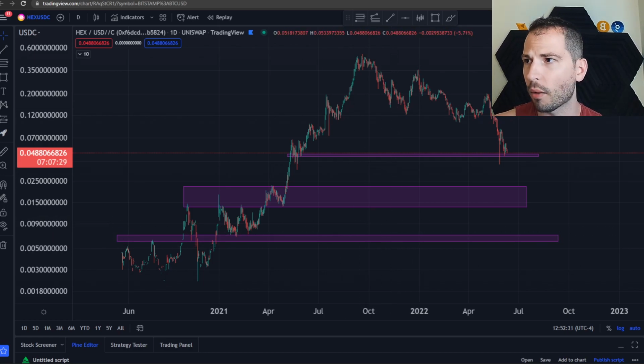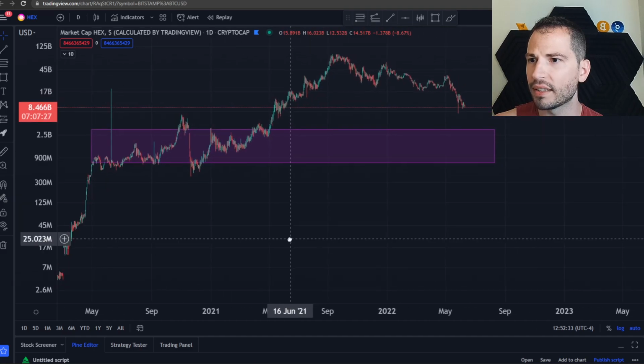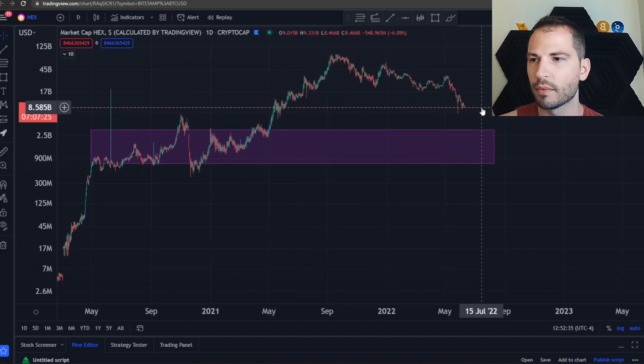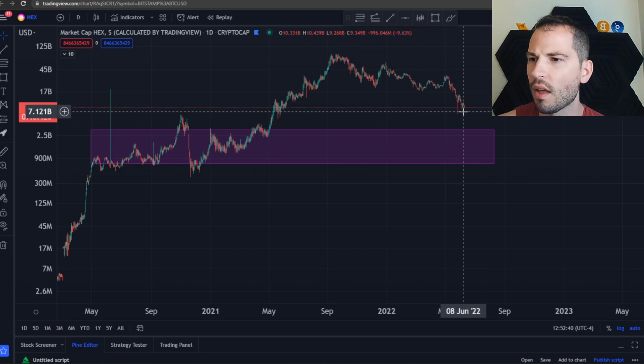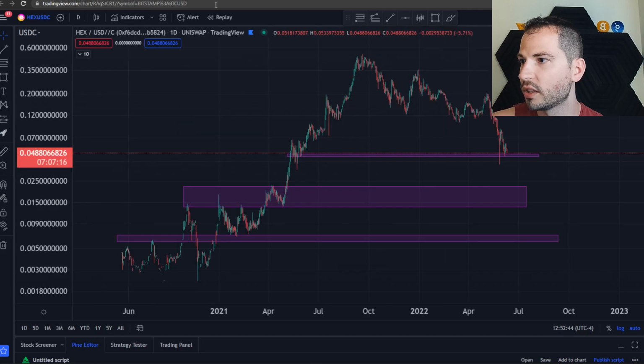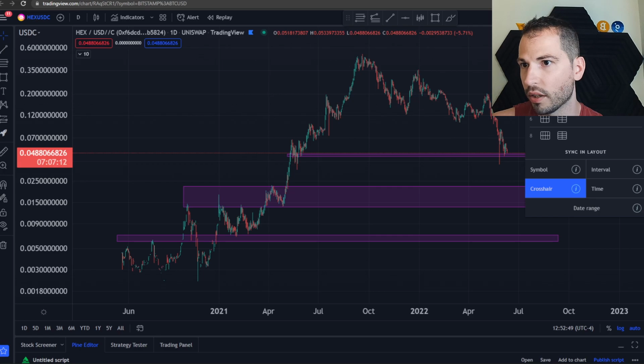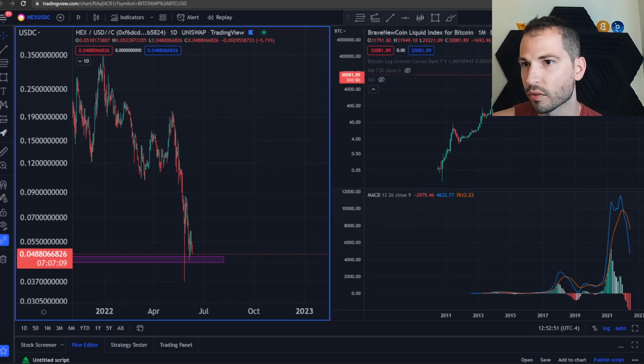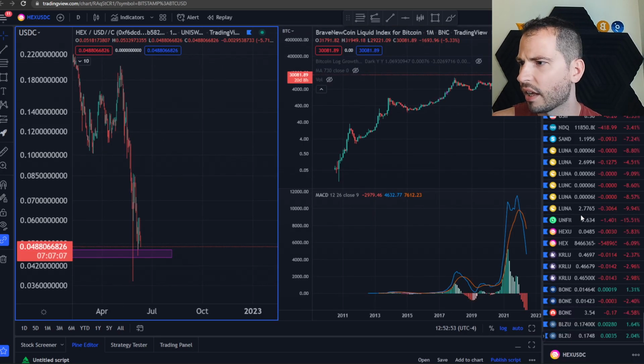But of course, I wanted to look at the market cap. And when I did this, I was just running some numbers, big numbers, because you work with billions and the supply is big as well. But as you can see, right now, we're holding this peak right here, which if you go over here, it's pretty much the same peak. Actually, I can pull this up on dual screen here. Bear with me just 1 second. If we pull this up,